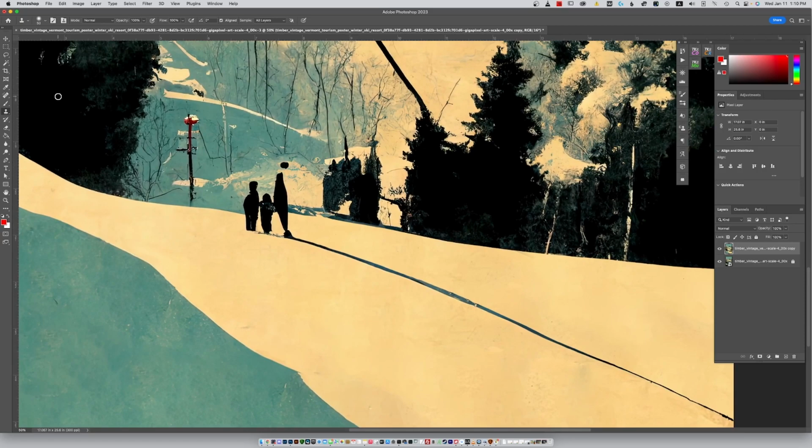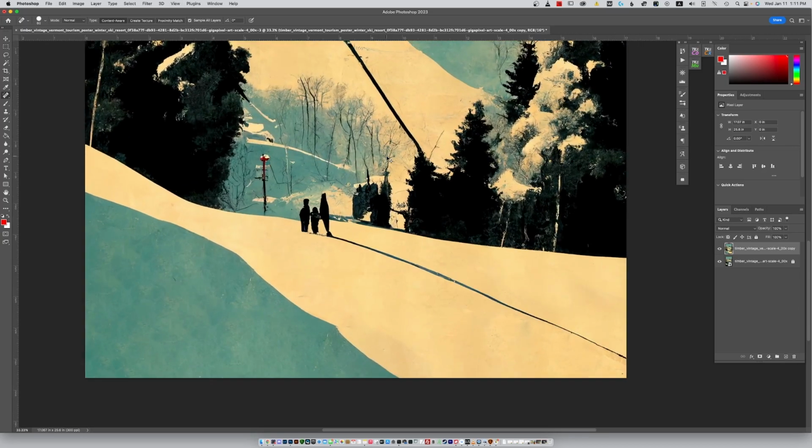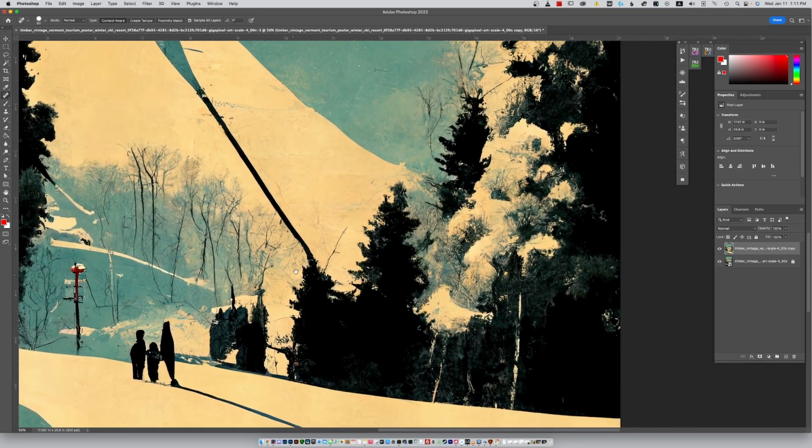Let's just see if we can nuke that easy. Boom. Bob's your uncle. How are we doing here? The bottom's looking pretty good. It's cleaning up. Let's see. Don't really